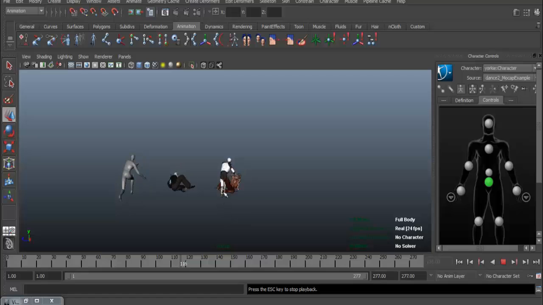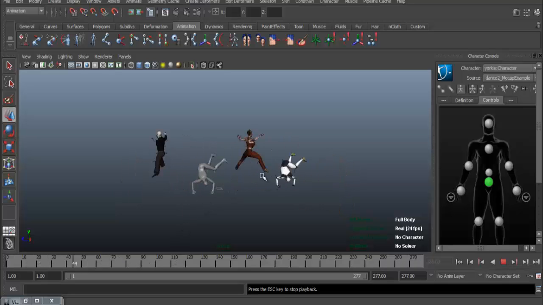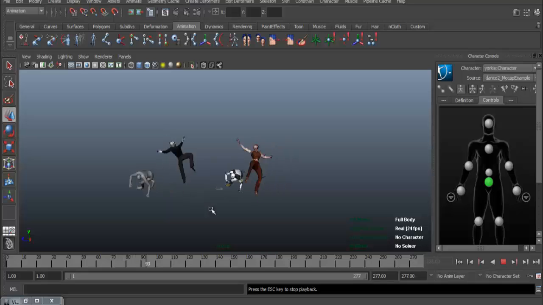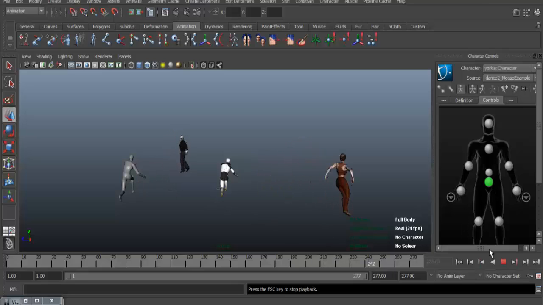you can see now that Yorkie is doing a different dance. Now this character has less frames, so what you will see for the first few frames, Yorkie's moving, and then when the example stops, Yorkie stops. Just press stop. That is just an easy way to map an existing mocap character movement through to one of your animation characters from Project